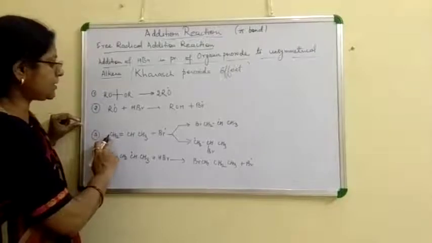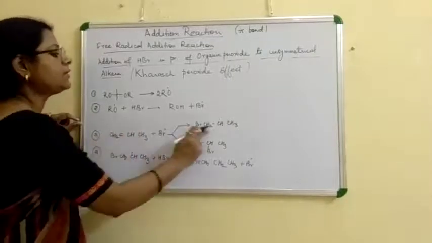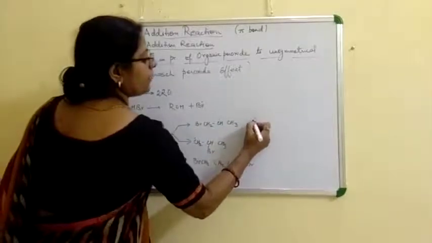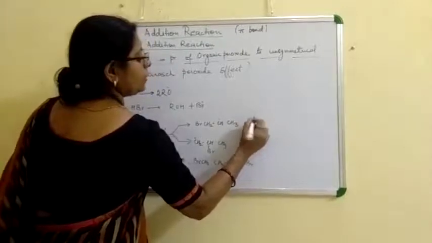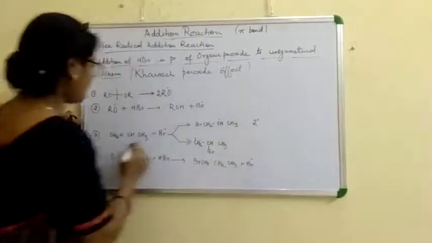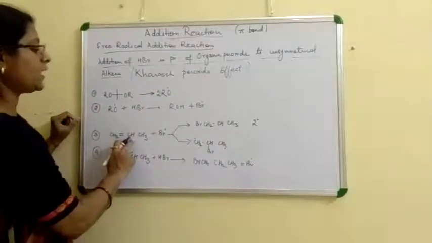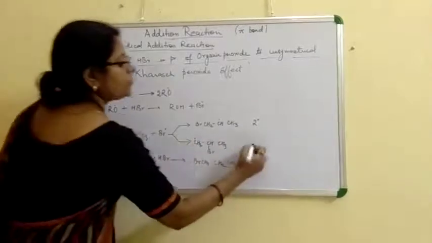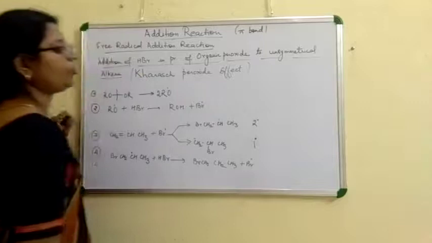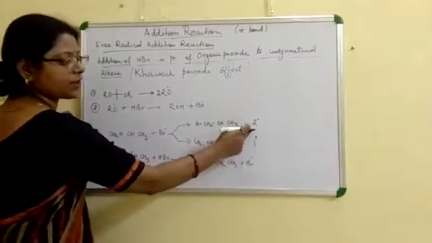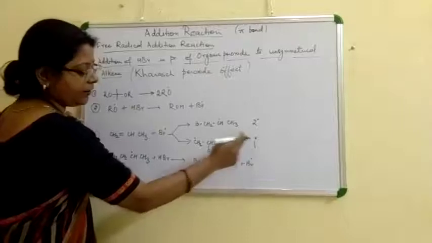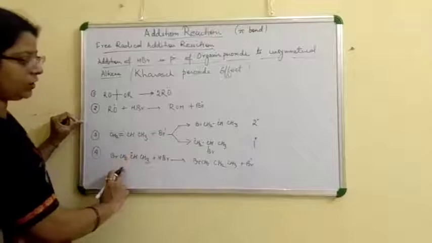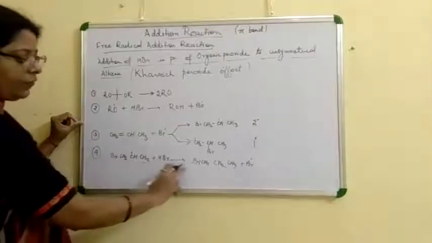If the bromine radical reacts here, then this free radical is formed, which is known as secondary free radical, and if the bromine radical is attached on this carbon atom, then this free radical is formed, which is known as primary free radical, and we all know that secondary free radical is more stable than the primary free radical. That's why the HBr, when it reacts again on this free radical, then we get the